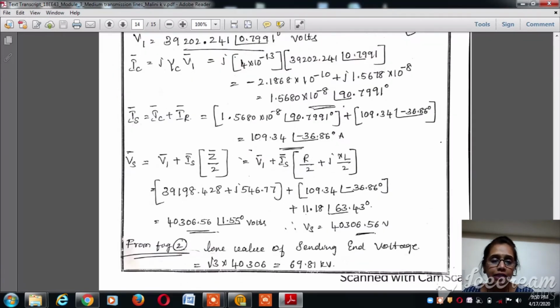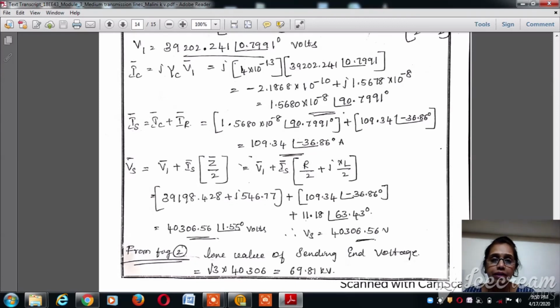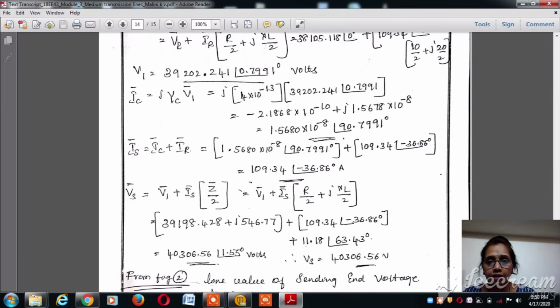The key points to carry with this lecture video are how to calculate the transmission line efficiency using the different methods, and how to calculate the voltage regulation using nominal T method, nominal pi method, as well as end condenser method. And the most important points to remember are that in the T method, the total transmission line impedance is considered to be halved on either side of the capacitance. In the nominal pi method, the total line capacitance is assumed to be halved on either side of the total line impedance.